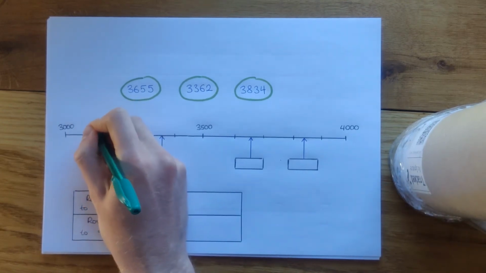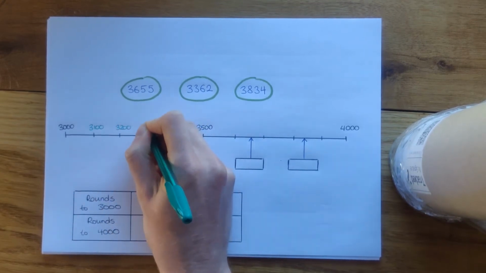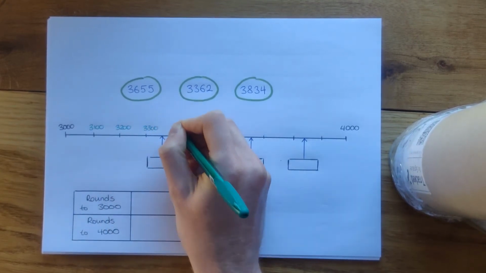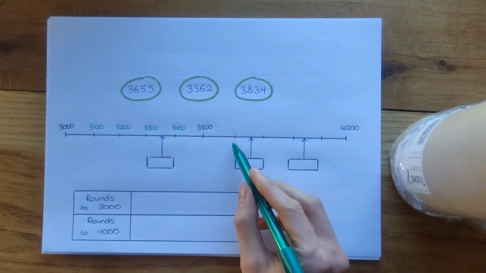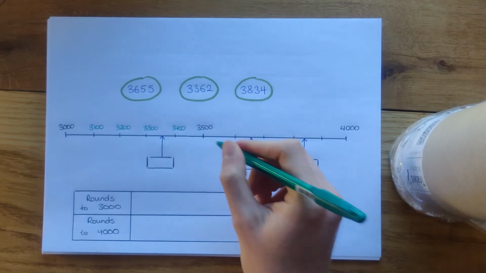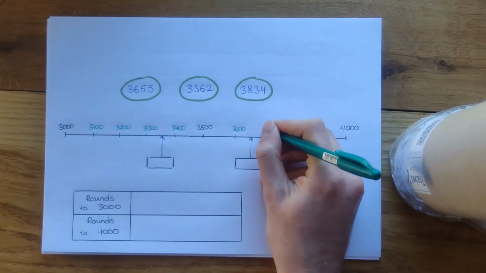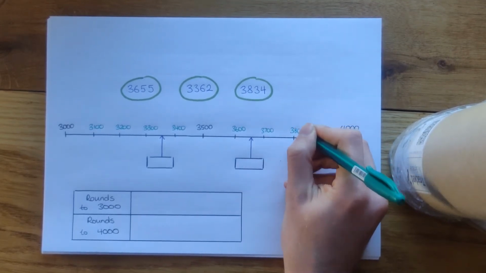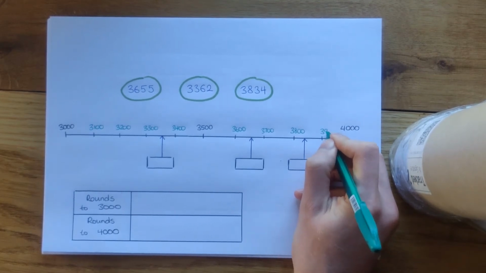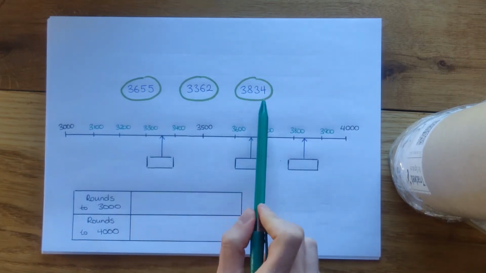We've got 3,100, 3,200, 3,300 and 3,400. Continuing in multiples of 100 past the midway part, past 3,500 we've got 3,600, 3,700, 3,800 and 3,900. Okay, so now we should be able to think which one of these three numbers is going to be